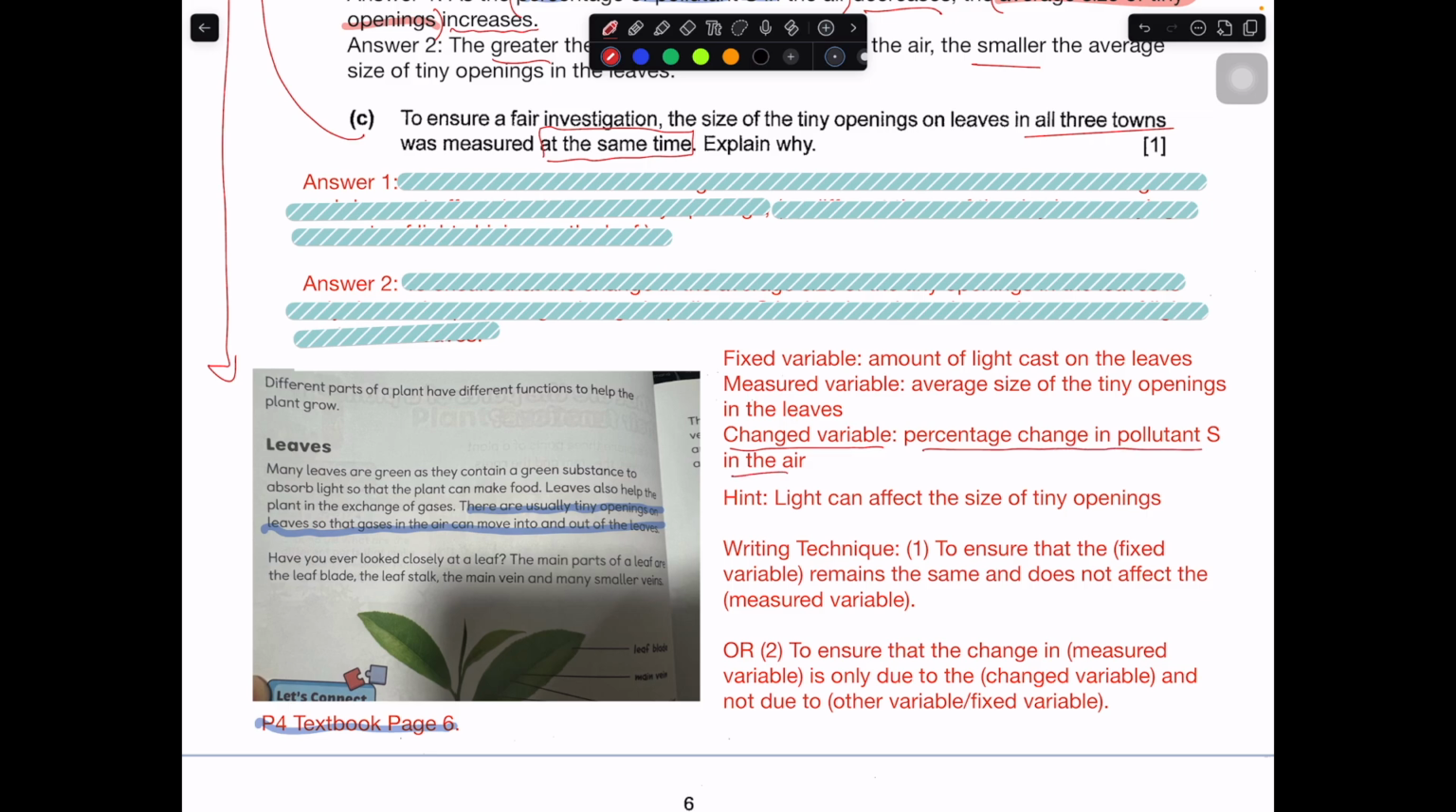Obviously, the pollutant S in the air in terms of percentage. Your measure variable is your average size of tiny opening. Your fixed variable is the one that you must keep constant so that it will not affect your measure variable, because you want your measure variable to be affected by your change variable only to ensure fair. So your fixed variable is the amount of light, because